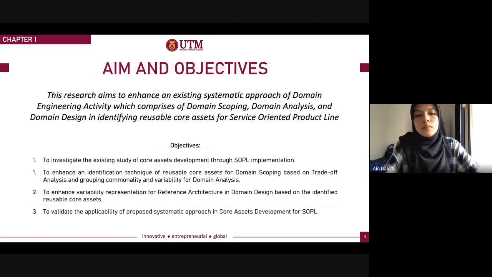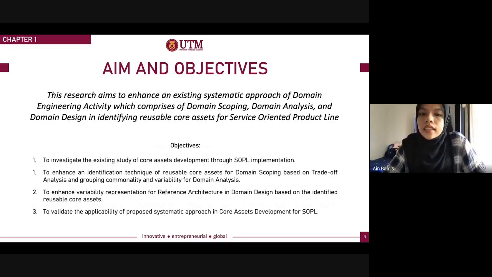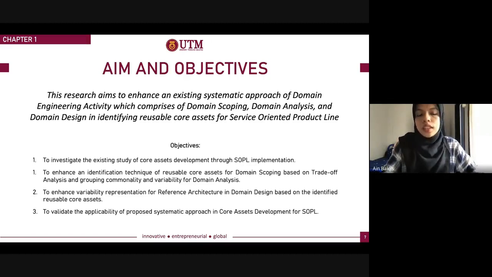So this research aims to enhance an existing systematic approach of domain engineering activity, which comprises domain scoping, domain analysis, and domain design in identifying reusable core assets for service-oriented product line. The objectives to support our aim include to investigate the existing study of core asset development through SOPL implementation, to enhance an identification technique of reusable core assets for domain scoping based on trade-off analysis, and grouping commonality and